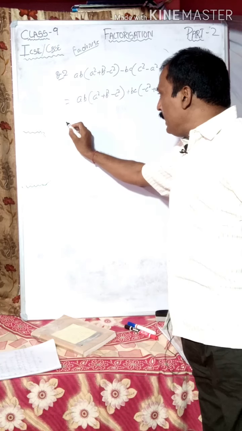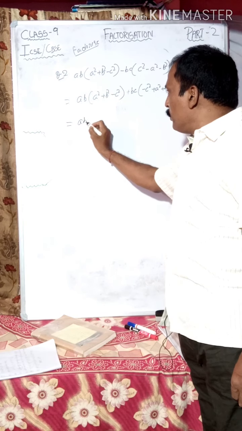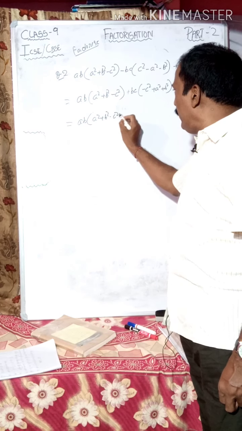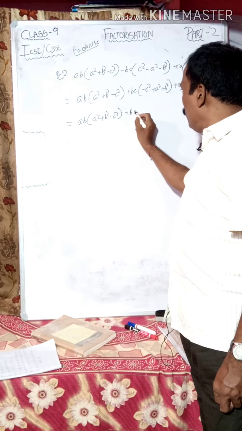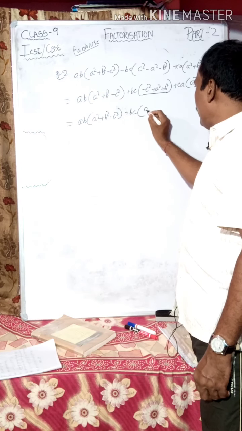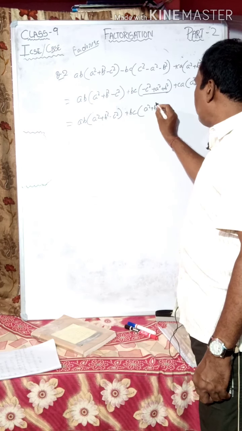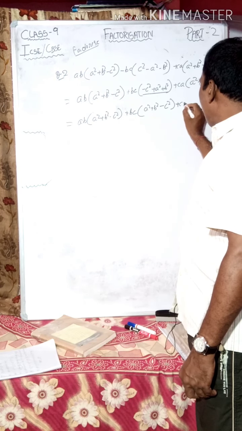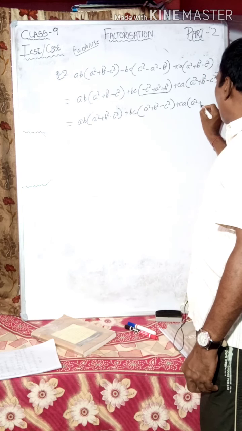Now take another step: ab whole into a square plus b square minus c square plus bc whole into, arranging these terms, a square first, then b square minus c square, plus ca whole into a square plus b